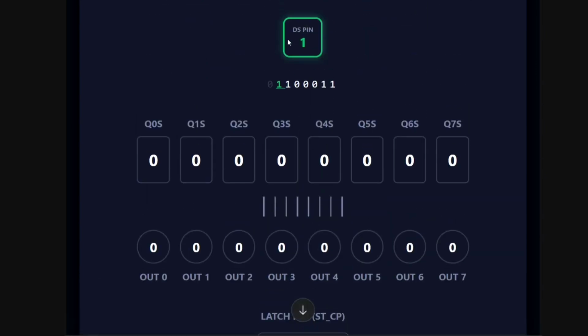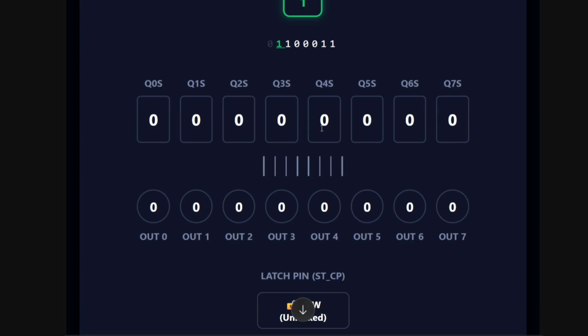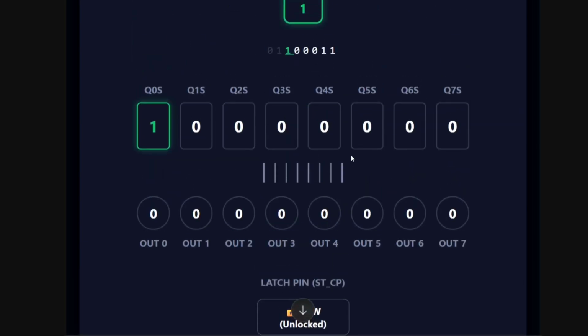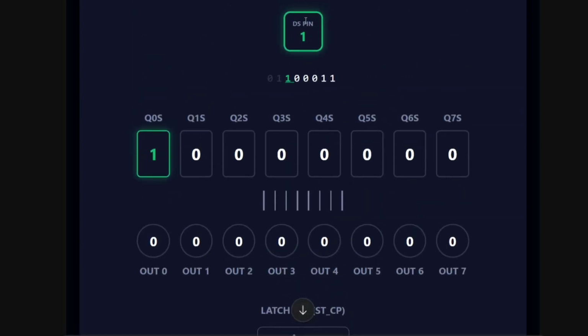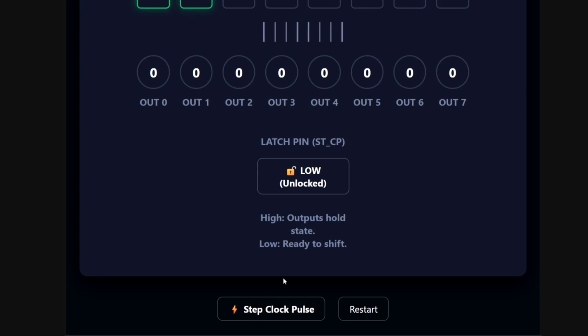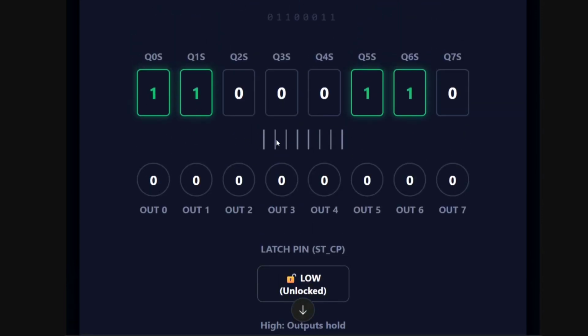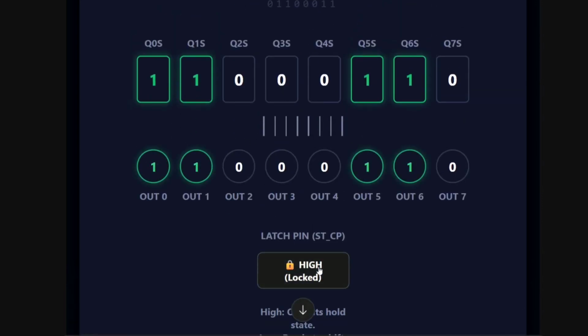You can see on the data pin 1 is coming. After sending the second pulse, the second bit is coming on the DS pin. After sending all the pulses, you will get the final output. You can see I have sent all the pulses and this is the final output. Now let's pull the latch pin high, and this is the final output: Q0, Q1, Q2, Q3, Q4, Q5,